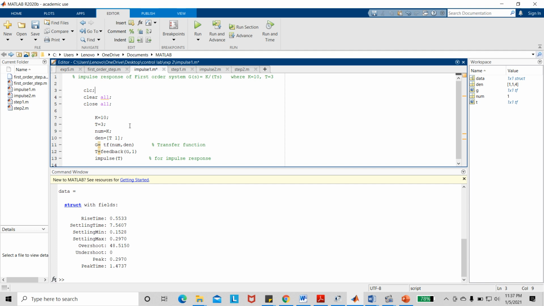It is the coefficients of S, like T is the coefficient of S to the power 1 and the coefficient of S to the power 0 is 0. G equal to tf numerator, denominator.